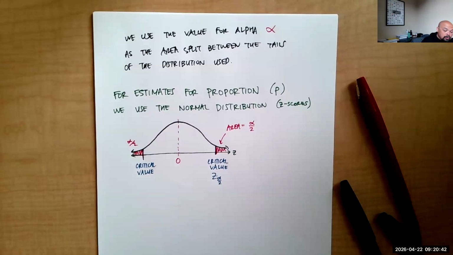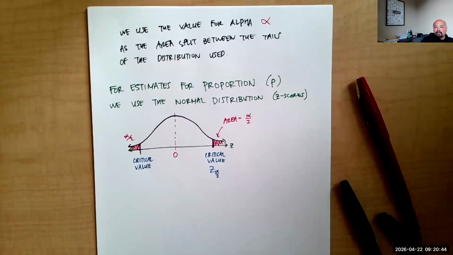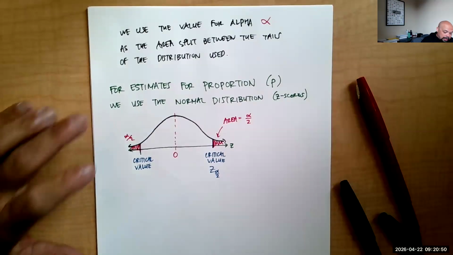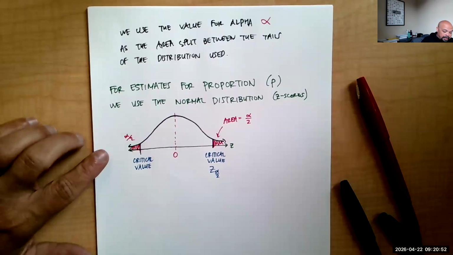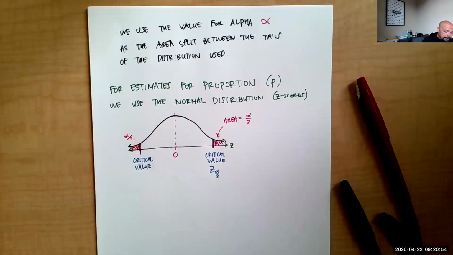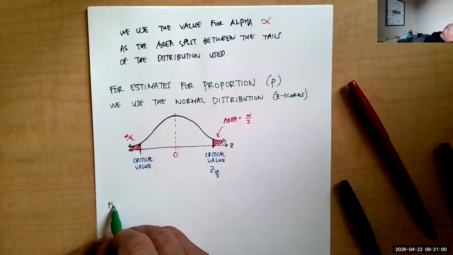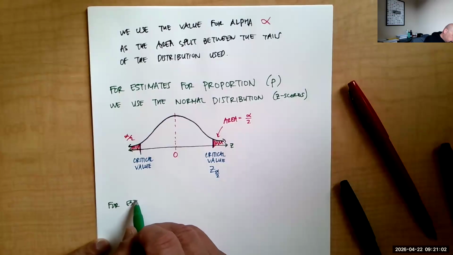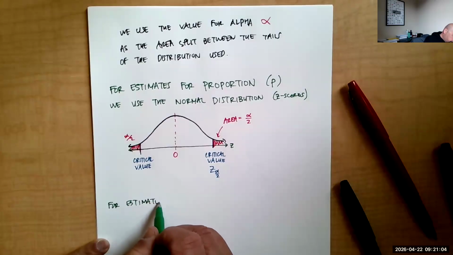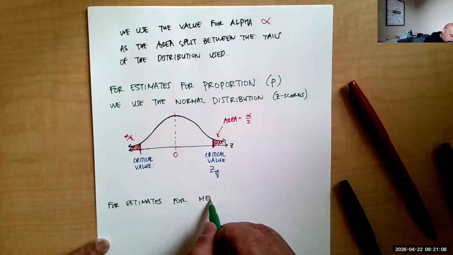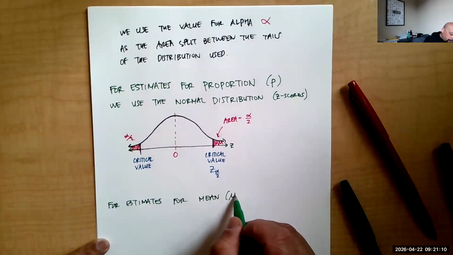And we can find that using our normal distribution, but likewise in some of our calculations, it'll show up in StatCrunch there, okay? And so in that case, when we start to work on those, we can find those cutoff values, okay? I'll make a note for this case, right? For estimates for the mean, this value mu,